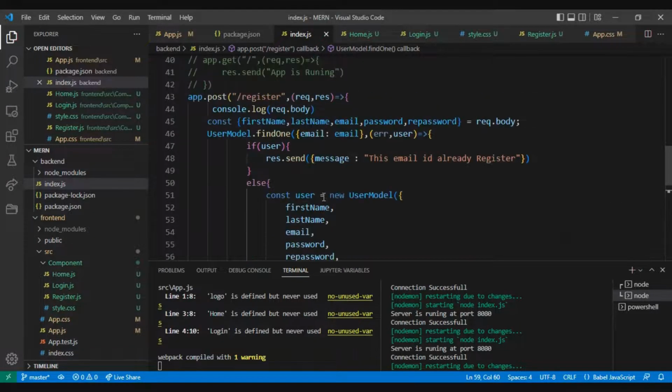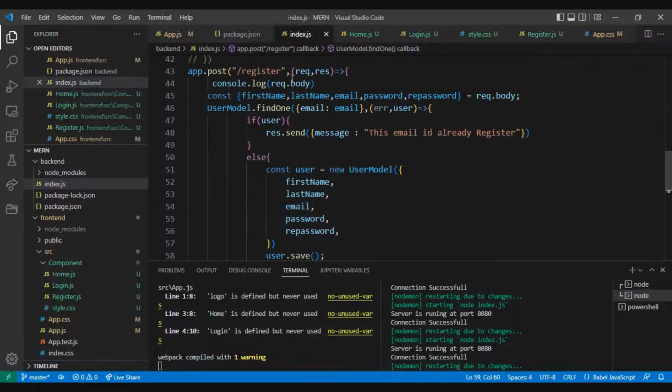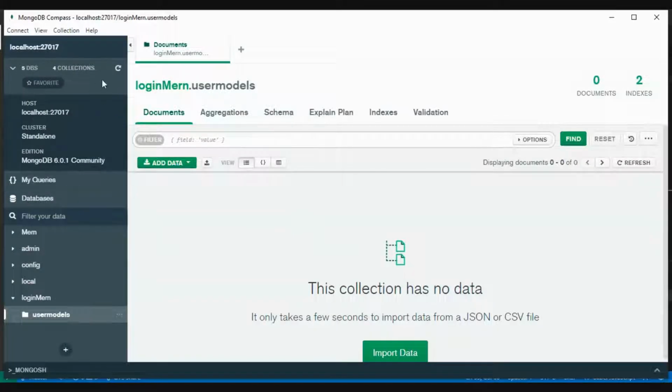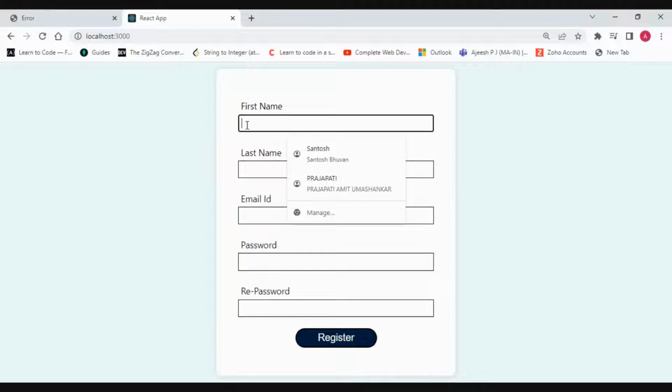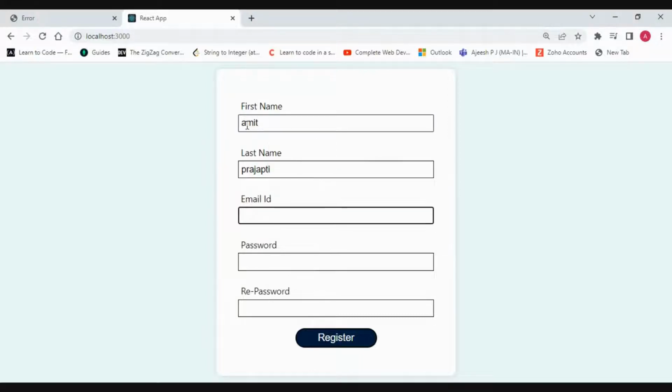Now let's see this registration is okay. Now see, refresh this page, and we now have data. Now refresh this page and give some name, last name, email ID, after that giving the password,